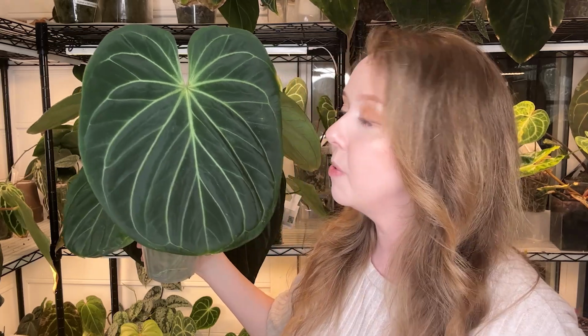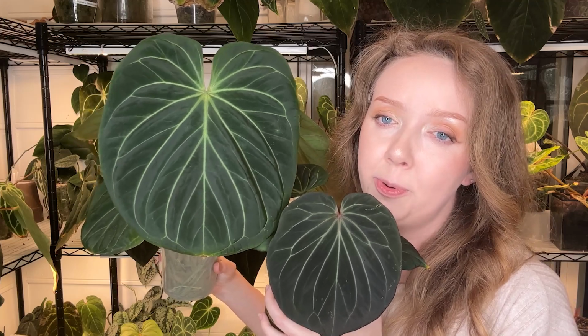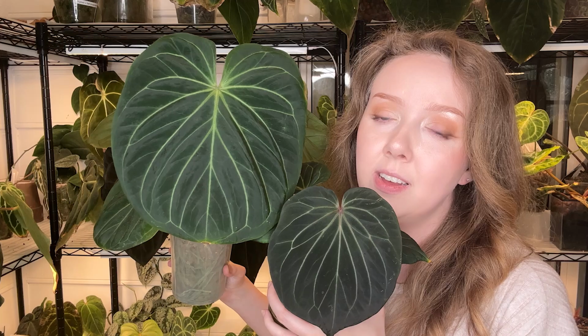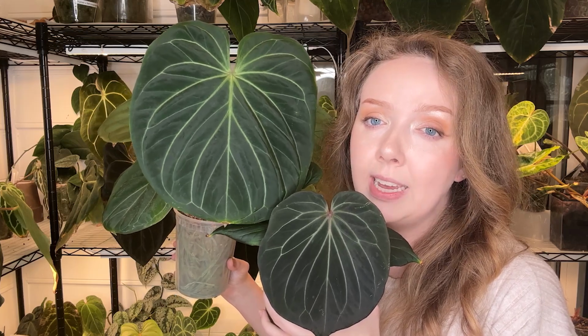So here is my regular King of Spades anthurium. She's doing very well in her postpartum recovery. She's just produced over 100 seedlings for me, but here it is side by side with the atypical one. Now I do think the differences are subtle, and they may be hard to see just because of the maturity difference. But the lower one, the smaller one that I am showing you as my top favorite, it's darker, it's